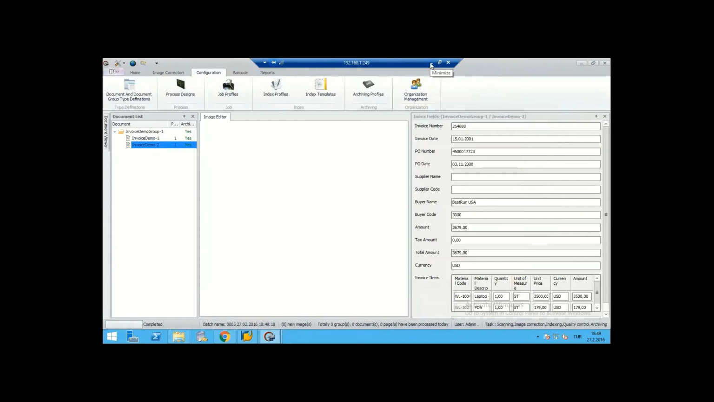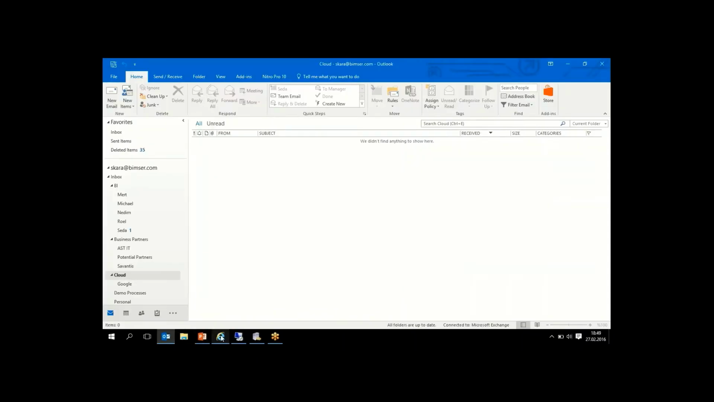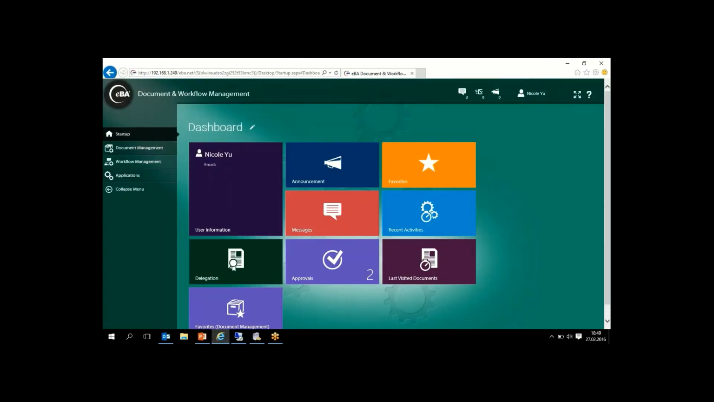Now the invoice processes are started automatically. Let's see that process in the web interface. In this scenario, the unmatched invoice process will be routed to the accounting user, and Nicole is the accounting user. We will review this process with this user, and this is the end user interface of eBA, and the users can customize the dashboard in the screen,